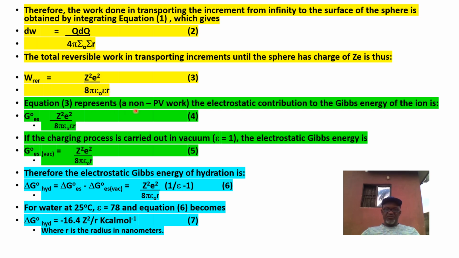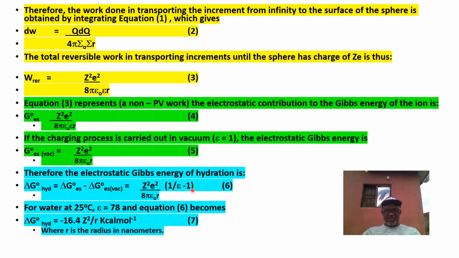So equation 3 represents a non-PV work, the electrostatic contribution, that is the Gibbs energy we mentioned. Therefore, we replace w reversible by Gibbs energy for electrostatic contribution. So if the charging process is carried out in vacuum, then epsilon will be equal to 1. The electrostatic Gibbs energy now changes to this. So epsilon is 1, and of course this is now in vacuum. Therefore, the electrostatic Gibbs energy of hydration is equal to electrostatic energy minus that of vacuum. So these two equations, that is equation 4 minus equation 5, and we'll have